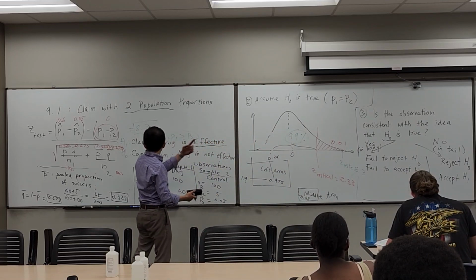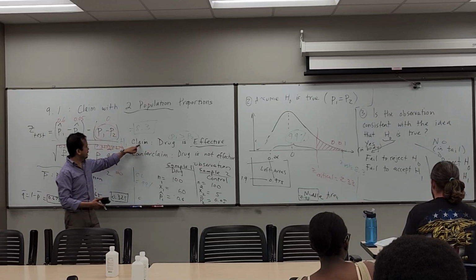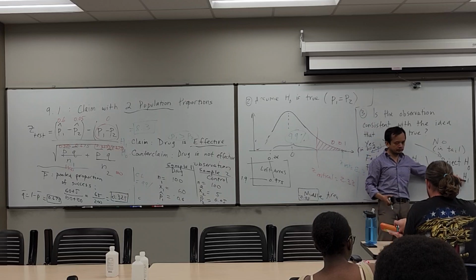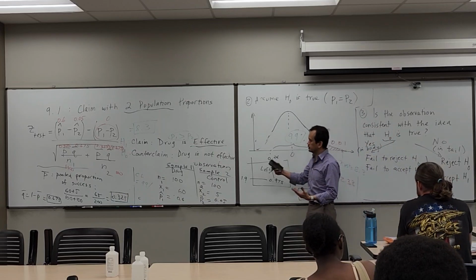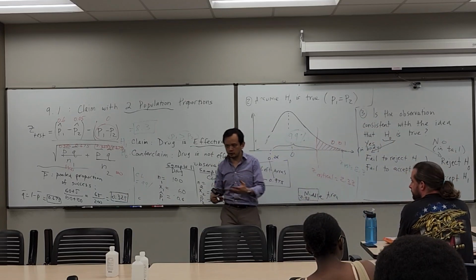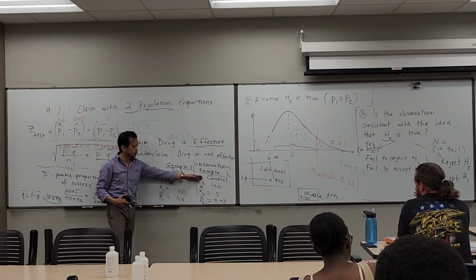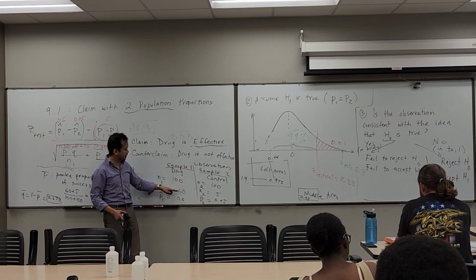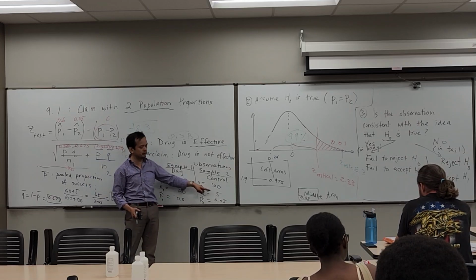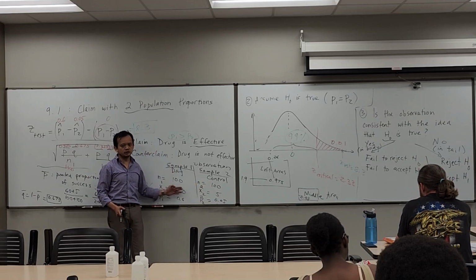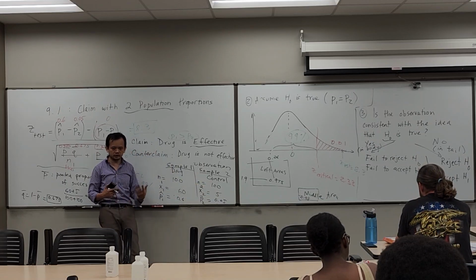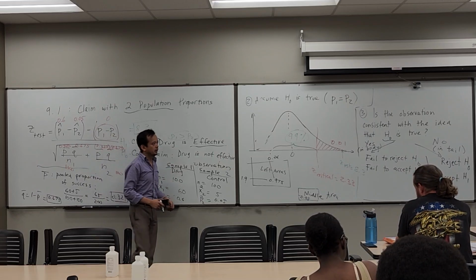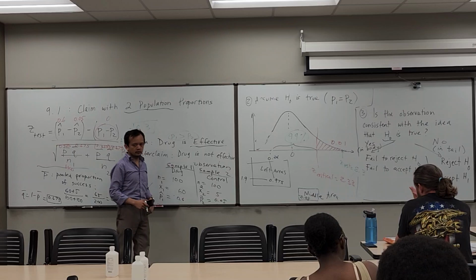Yeah, very good. So then we bring it back to the original claim, and the claim happens to be H1. So because we end up accepting H1, we accept the claim. So we accept the claim that the drug is effective, and this is consistent with our intuition, where if we had observed the sample, we would have seen that this difference between 60% effectiveness taking the drug versus 5% effectiveness, that's a huge enough difference for us to say that that's not caused by chance. It's caused by an actual difference in taking the drug. And the final conclusion is consistent with